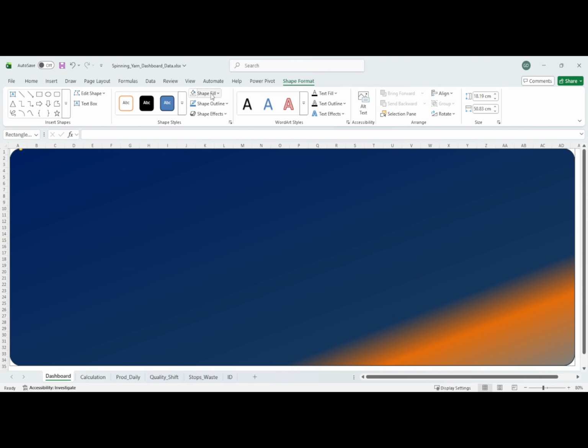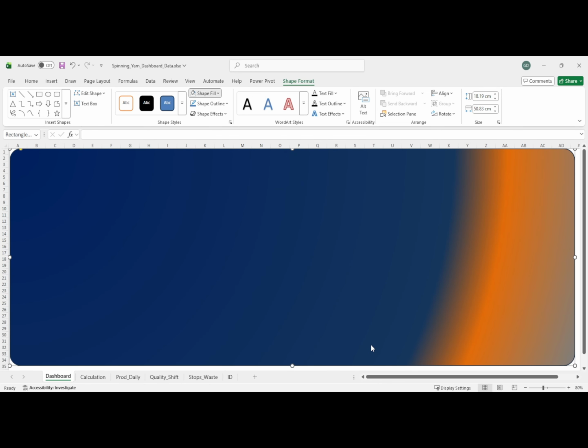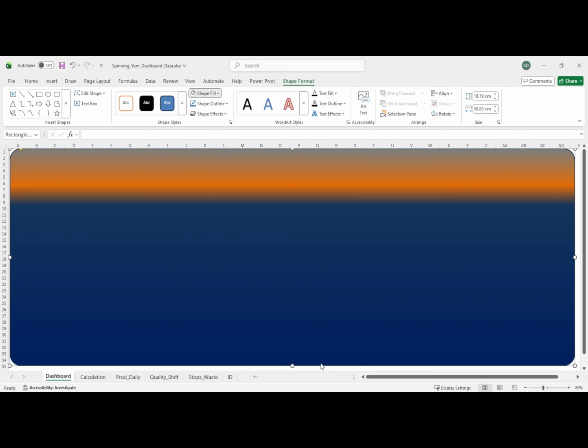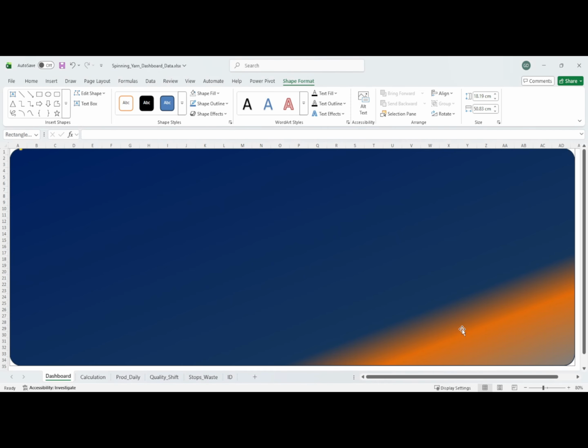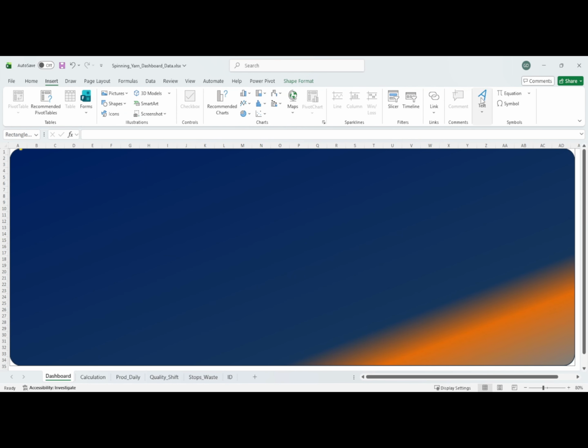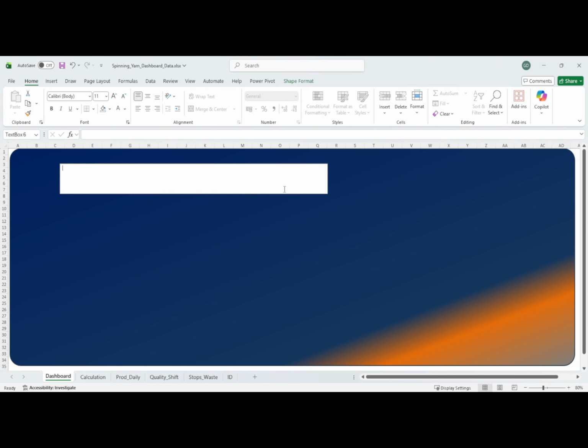Now let me go and click. You can change this in any way. You can change the presets which I told you earlier. If you want the diagonal to be left, right, linear, you can change anything. For a moment I am keeping it on right down. Now I am inserting a header as text. I am creating a dashboard,